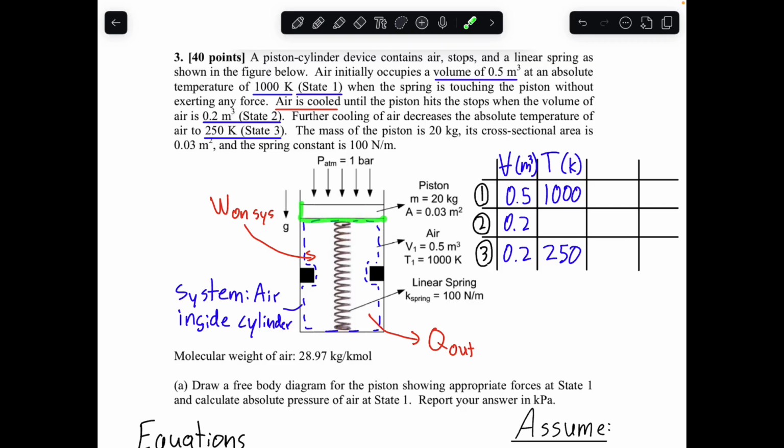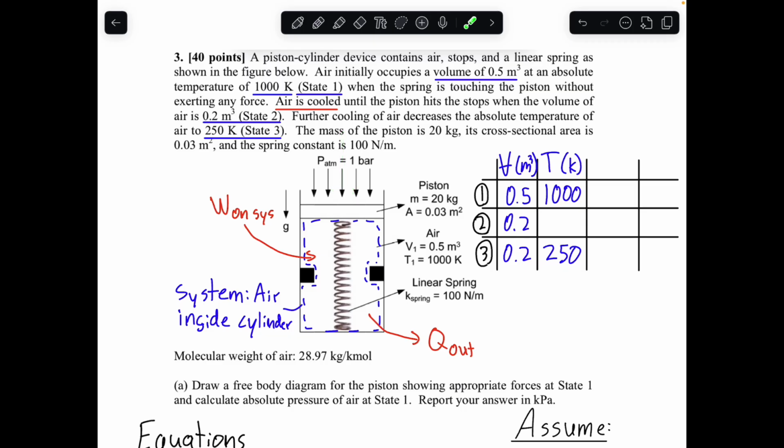So we want to draw a free body diagram of this piston here, and in order to do that, we need to figure out what forces are acting on the piston. It tells us that we have some mass of the piston here, and since this is oriented in the vertical direction, anything with mass will have some gravitational force that points downwards, so we'll want to include that. We also see some information about atmospheric pressure on the outside of this piston cylinder device. This pressure will be acting downwards on the face of the piston. It will be distributed all along the top face here, and that will result in a net negative force